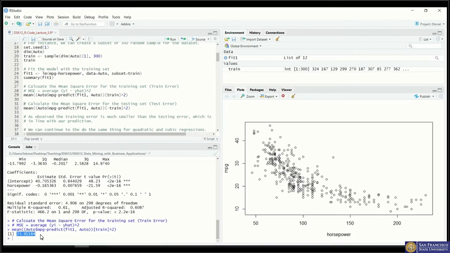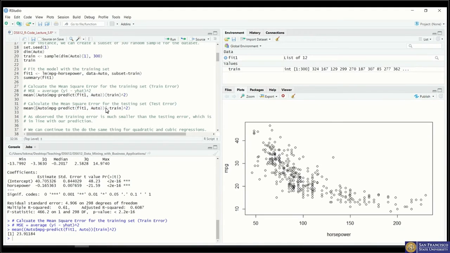So now we have calculated the mean square error for the training set, and we want to know how well fit1, our model trained with the training data, will handle the unseen data set, which is whatever data that we did not pass into fit1, right? So the data that we don't use to fit the model, we now want to make predictions on and compare to its actual results. We are using again the same mean function, and this time we are using the mileage per gallon minus the predictions using the model,